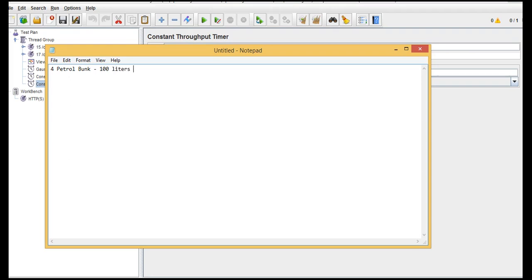Right, so that's the capacity. So that means 4 servers. Assume that there are total 4 servers, 4 petrol bunks, 4 servers. Each petrol bunk 100 liters, each server can serve 100 requests per minute. Just compare both.